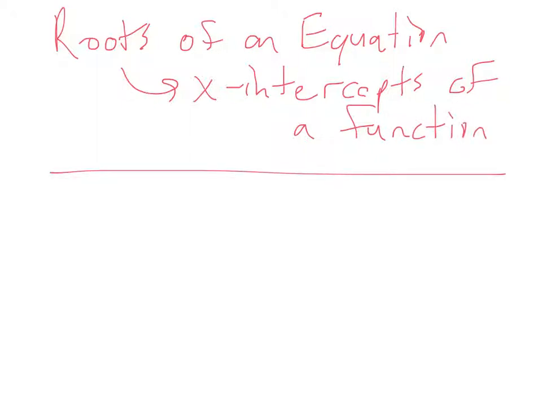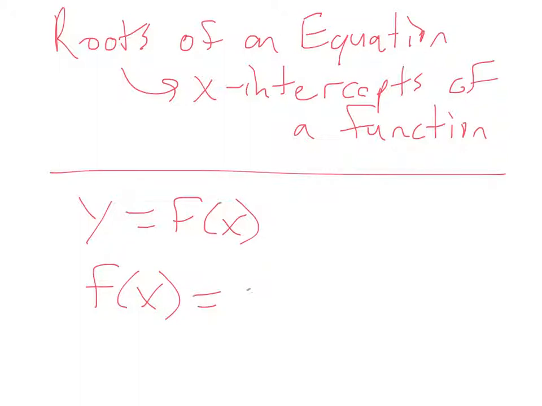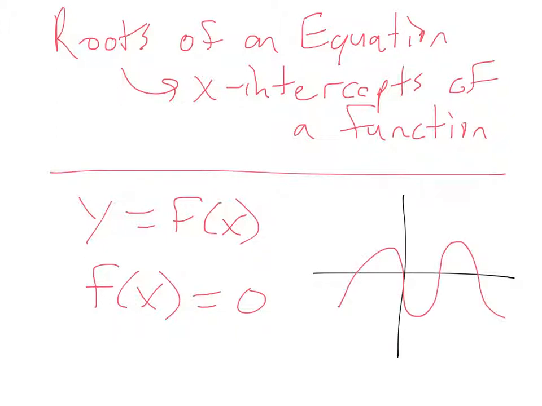Right, so if we're going to start talking about functions again here, let's say I have the function, rather, y is equal to f of x. Right? And f of x can be anything. It could be a quadratic function, like x squared plus 2x minus 3. It could be linear, like y equals 2x minus 2, just a linear function, right? Now, if we take that function f of x, and instead of having it equal y, set it equal to 0, make y equal to 0, right? What does that correspond to on the graph of the function? Let's say, here's my function right here, right? This is my function f of x,